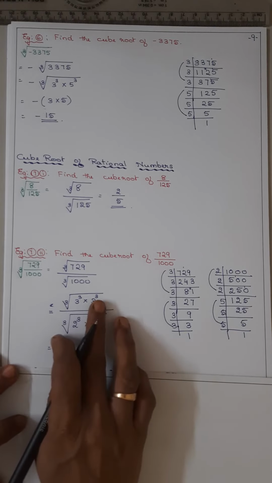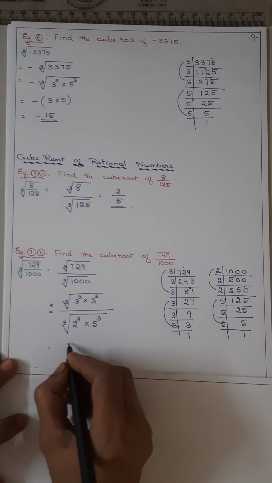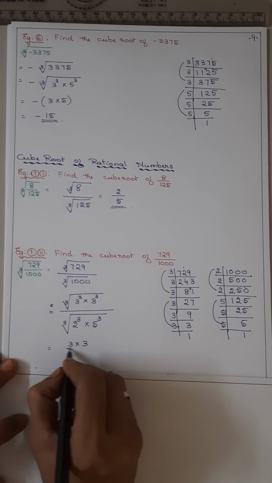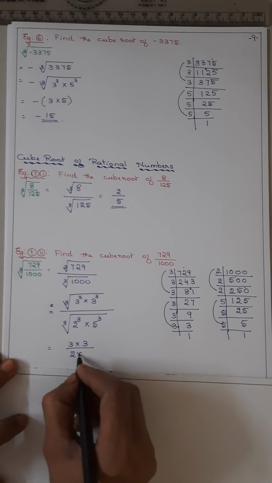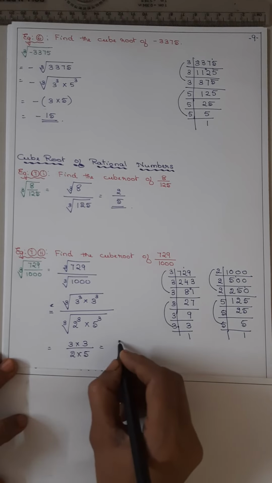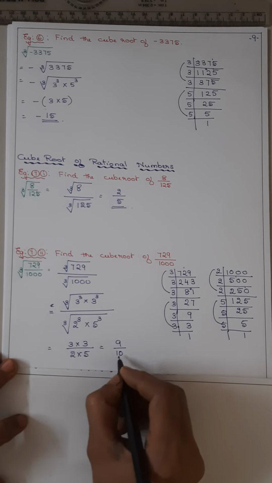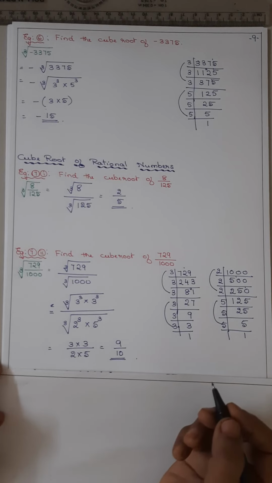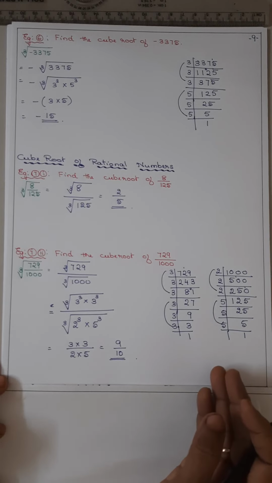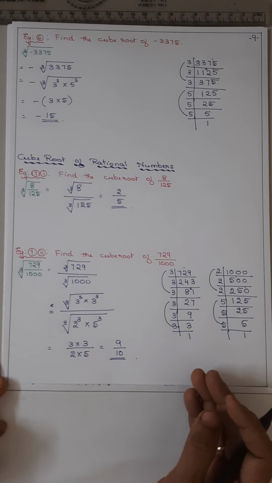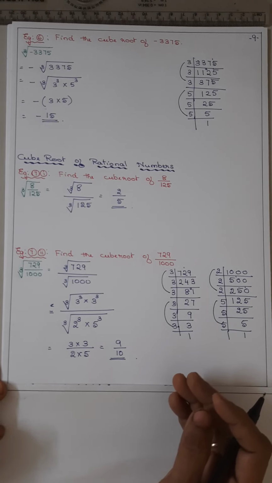So cube root and cube get cancelled. So you have to write 3 3s are 9 in the numerator, 2 5s are 10 in the denominator. Is it clear? So we have completed the examples of the cube roots